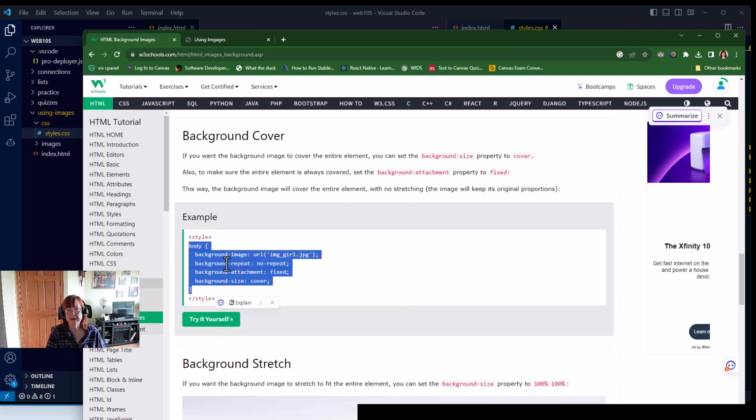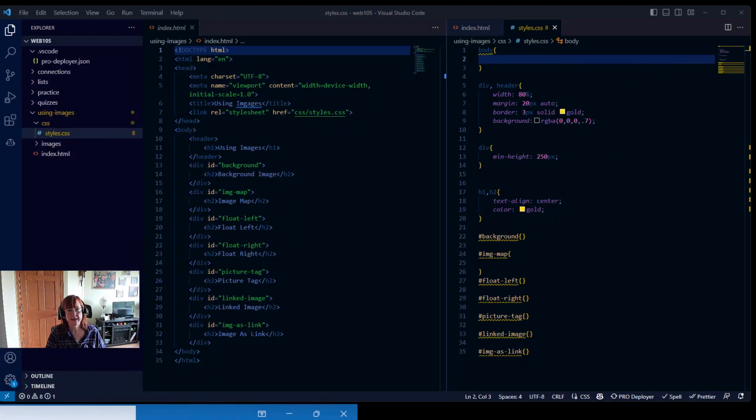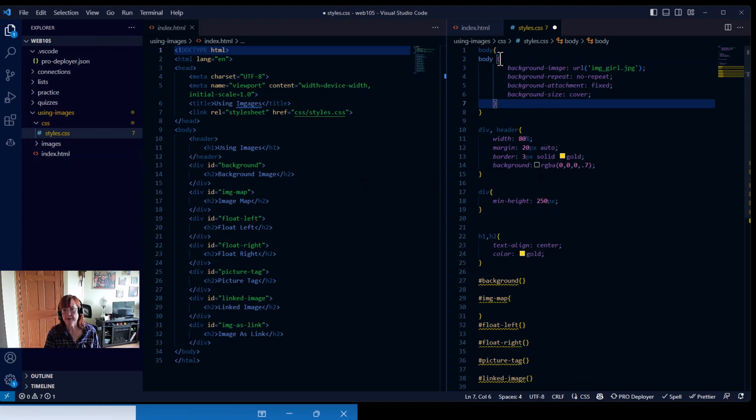And again, if you're copying and pasting from the W3 Schools site and you're taking less than 10 lines of text, you don't need to cite your source. This is basically your textbook. I expect you to be taking code from here. I'm going to drop this in, and I've given you